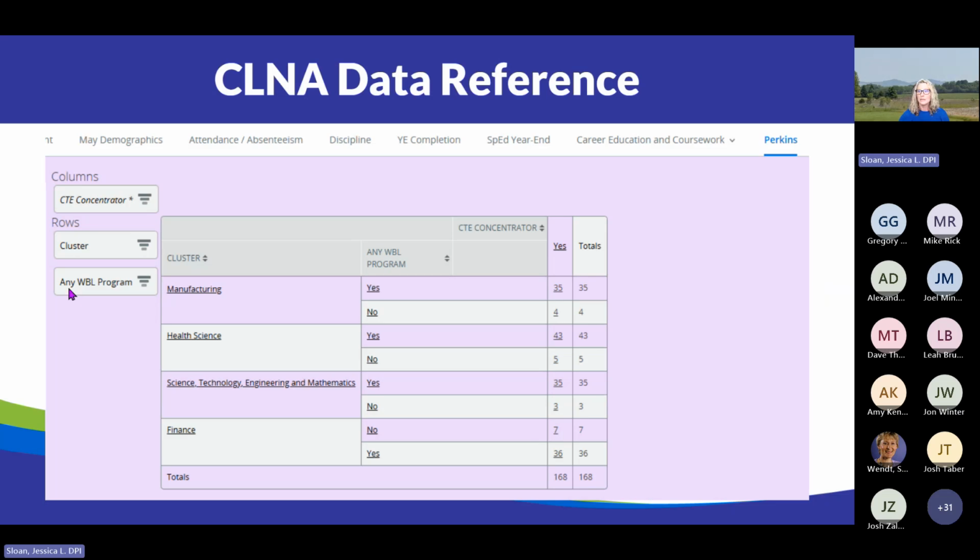All right, this is a very easy demonstration of how to set up your Perkins dashboard to look at CTE concentrators by cluster, and then to determine if any of them participated in any work-based learning program throughout their high school career at your school. So you can see that I have this little itty bitty tiny star here, and that's because it's a filter. So these 3 lines are a filter. I clicked on it and I removed the nos, because I just want to look at my students that are concentrators. Okay, so then I can see by cluster